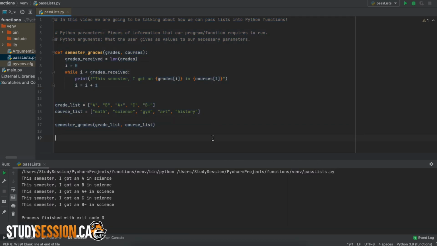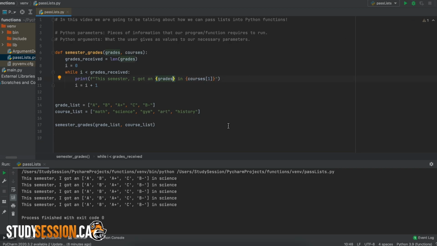Alright, so you may ask, what is the difference between this function and the ones we used previously, where we only took in a single argument rather than an argument list? Well, really nothing. As you can see here, if I remove the element identifier of our list, it'll print the entire list for each iteration.